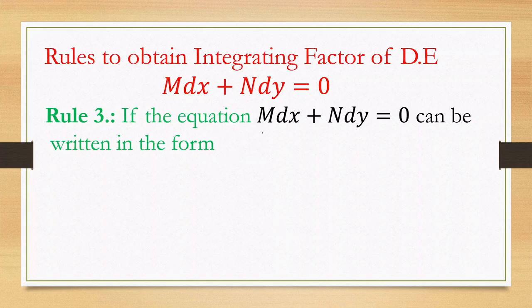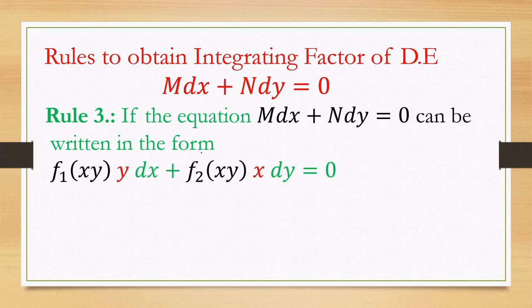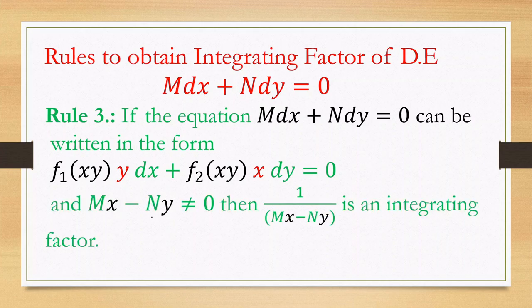If the equation M dx plus N dy is equal to 0 can be written in the form f1(xy) y dx plus f2(xy) x dy is equal to 0, and Mx minus Ny is not equal to 0, then 1 upon Mx minus Ny is an integrating factor for this differential equation M dx plus N dy is equal to 0. Okay, so let us see what rule number 3 is. First of all, we can write M dx